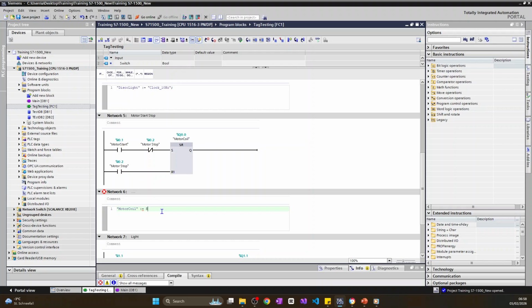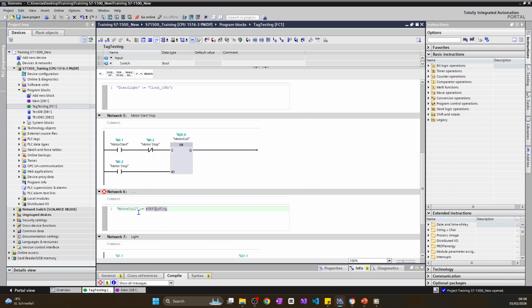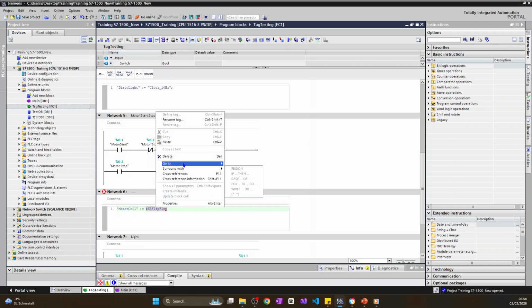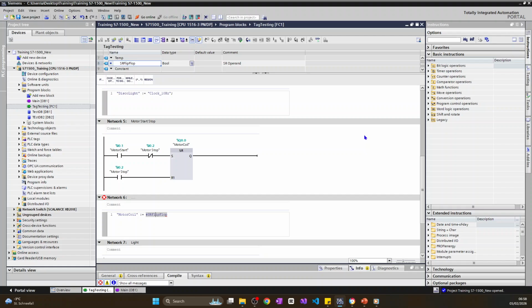Now let me see if I'm able to pick the SR flip-flop. Good. Because I know this operand exists. See, I'm picking it right now. Right? So because I typed SR, it's giving me this. Let's see what happens. No, this is not what I want. So what it's giving me is this. Let me go to definition. So you can always click on an item and see where it is defined. Just like you can also click on an item to see where it is being used. This is not what I want. So I'll go back,